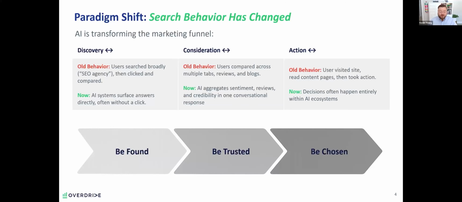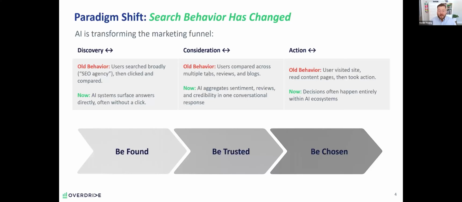That means for us to be found within these AI-based search experiences by the end user, we must first be found by the LLM itself. Next, in the consideration phase, users used to compare across multiple tabs, they'd read reviews, they'd read blogs, but now AI aggregates all of that in one experience, aggregating sentiment, reviews, credibility, again, in one conversational response. And that means for us to be trusted by the users in these AI experiences, we need to first be